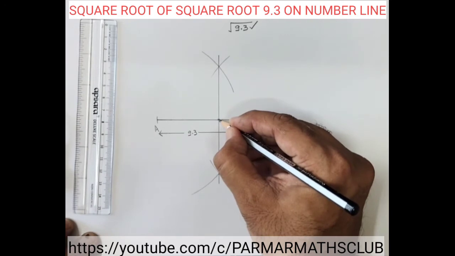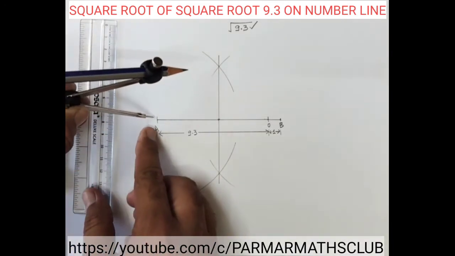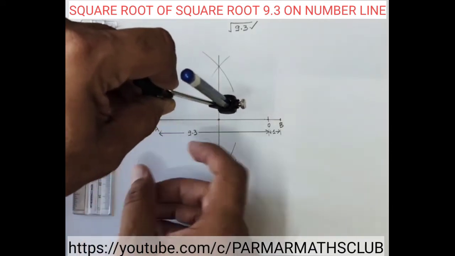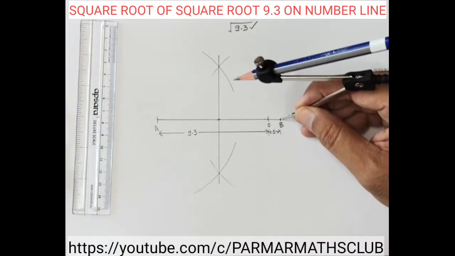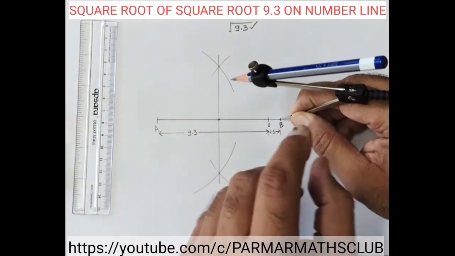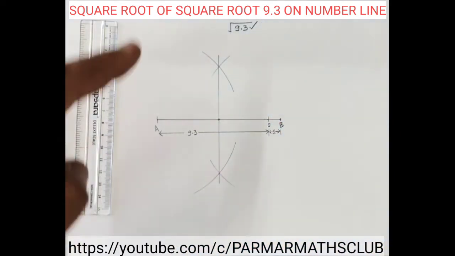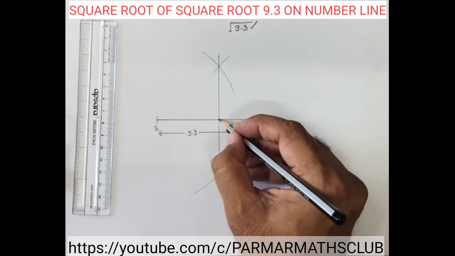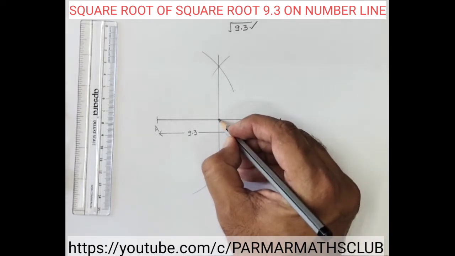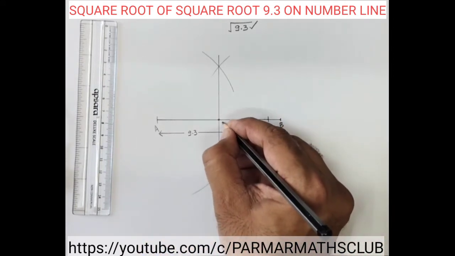To find the midpoint of the line segment AB, we draw the perpendicular bisector. The method is very simple. We just put the metal tip on one vertex and open it for more than half, and we put the mark above and below the line. In the same manner, with the same opening of the compass, we make arcs above and below. Now we join this. The point where this line meets the original line segment is the midpoint of line AB. Now suppose this point is C.